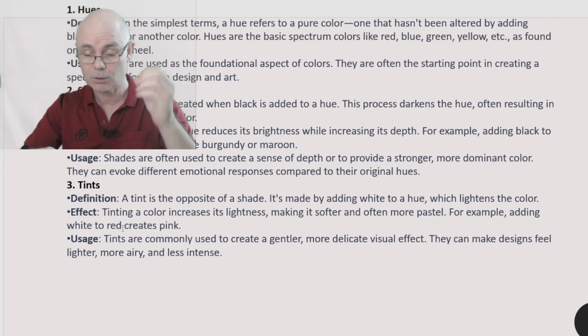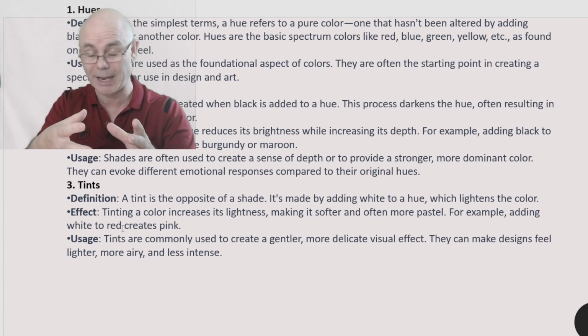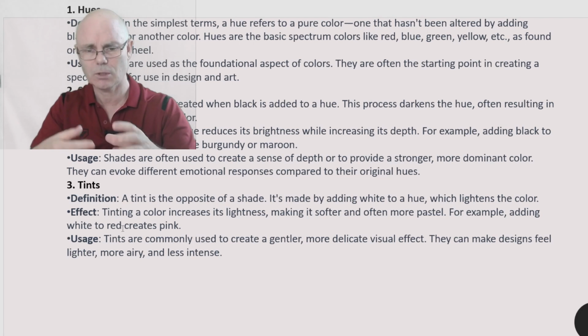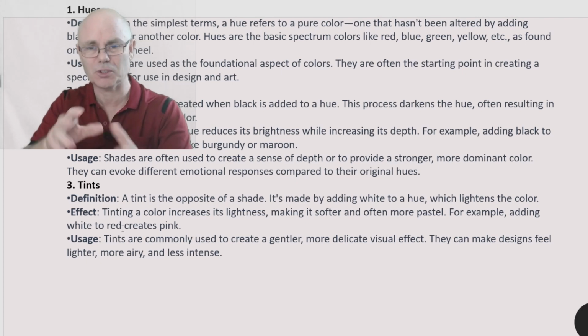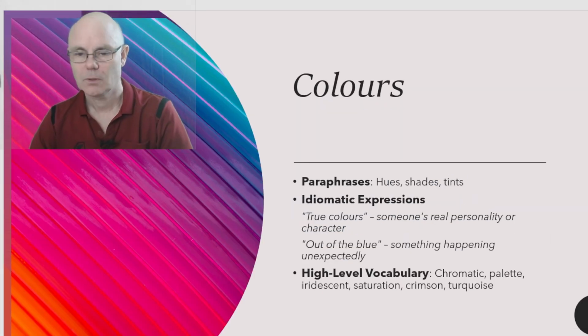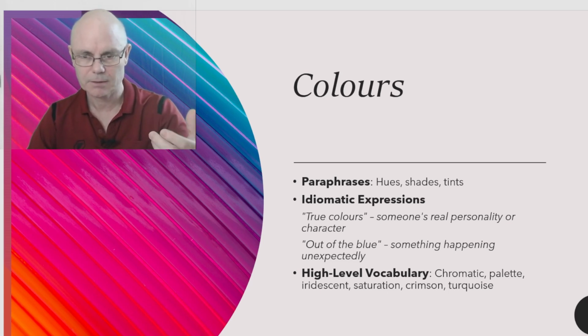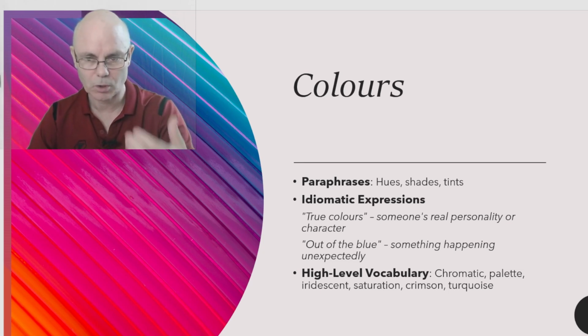without adding black. We've got shades, which we add black to, to change the colour. And then we've got tints, where we add white to the hue and not black. It's the opposite of the shades. So now that we've got the difference between hues, which are those primary, tertiary and secondary colors, and then the shades, which we add black to the hues, and the tints that we make by adding white to the hues,